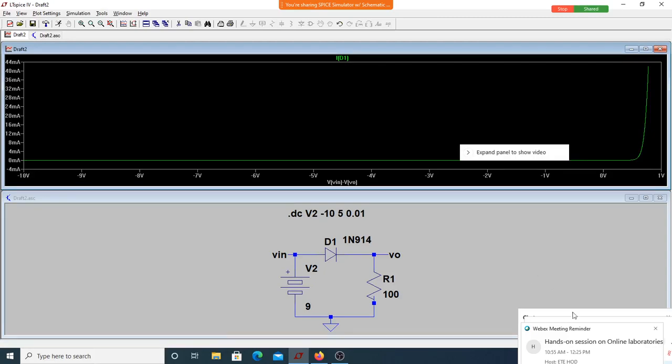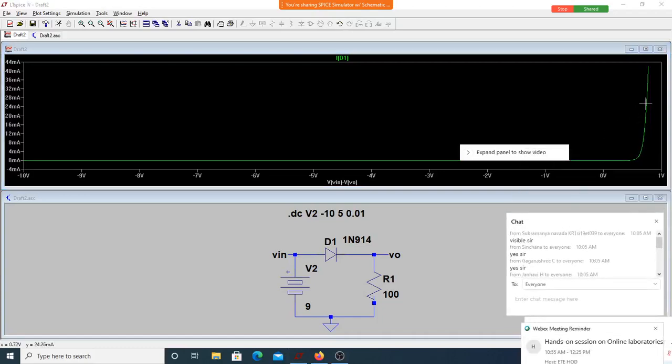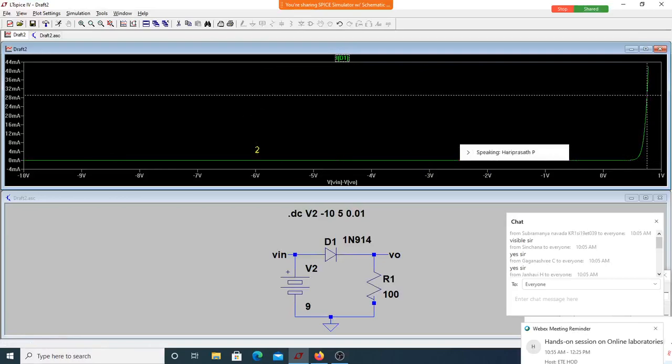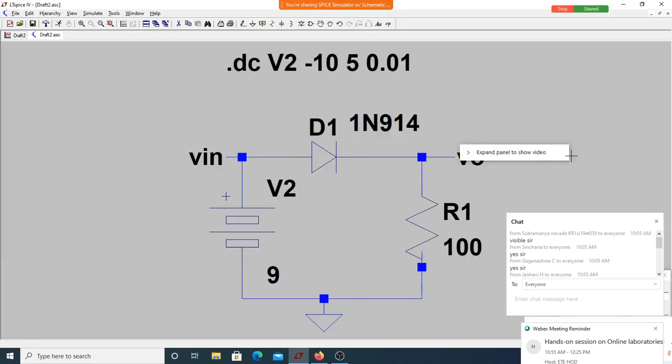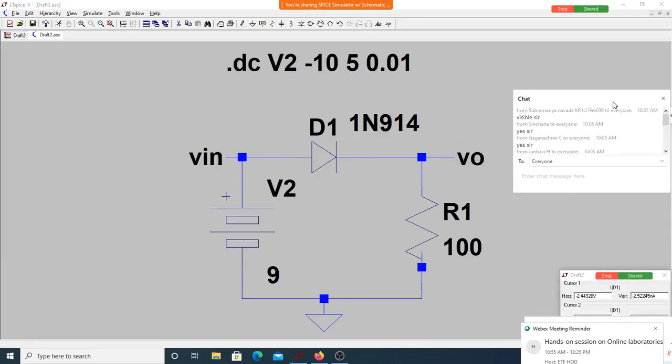So let me just go back to a student and try to find out. Of course, if you want to find the on resistance and off resistance, for on resistance, double click on this twice. Place the cursors appropriately and measure del V by del X, and you are through with on resistance. Place the same cursor at an appropriate point and measure del V by del X again, and you have the off resistance. These are all simulation results. You can do the same thing in your lab also. That's how you can do the experiments. Now you can see everything is at your fingertips. Only thing is that you need to start working with the experiments.